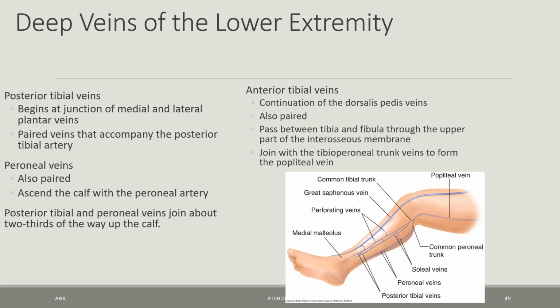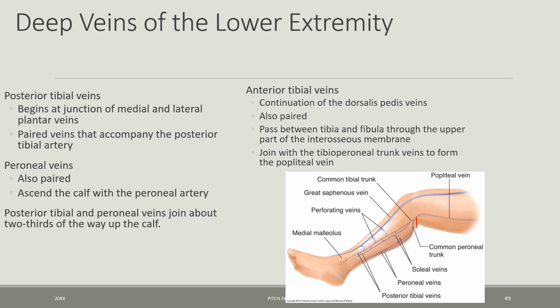Okay, so that's how we got all of our oxygenated blood down there with our arteries. Now how do we get it back? We get it back through the veins. So we're going to start down here. You would have the dorsalis pedis vein, and that is going to dump into our posterior tibial veins. Posterior tibial veins will be running up the medial part of the calf, whereas the peroneal veins are going to be running up the posterior part of the calf, and those are going to anastomose to make the tibio-peroneal trunk. Once you see the anterior tibial vein dump into that tibio-peroneal trunk, then it becomes the popliteal vein,